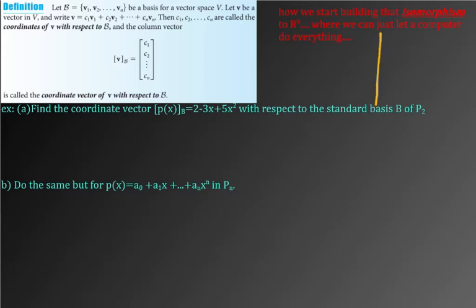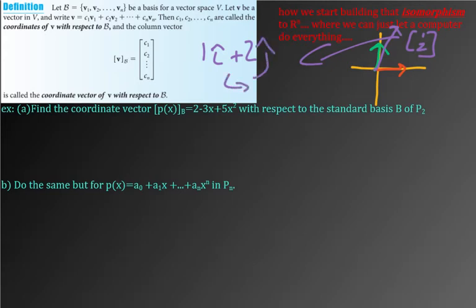This isn't anything particularly new, but if you have i hat and j hat, let's take the vector 1, 2. 1, 2 is built out of one i hat